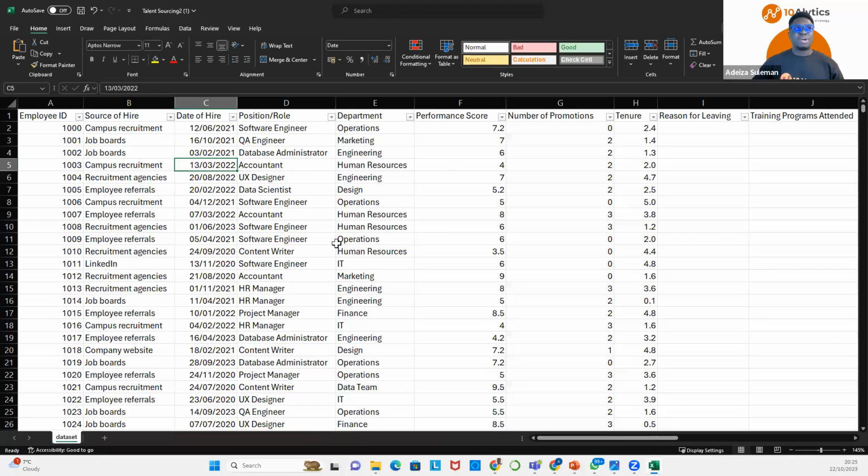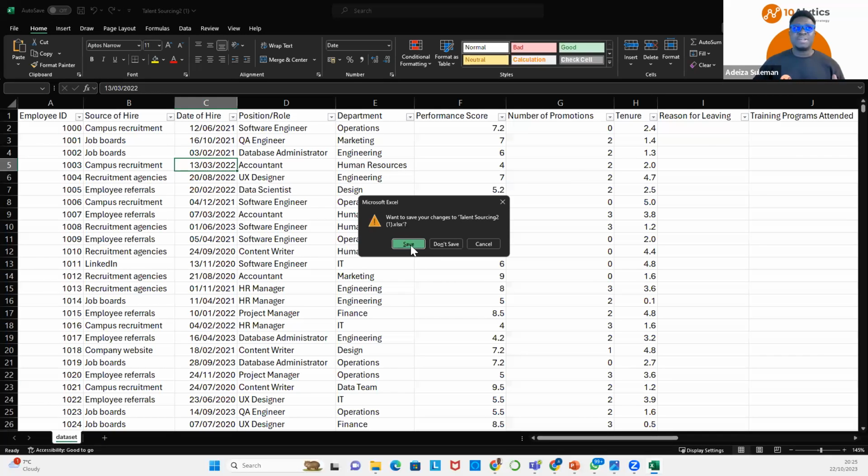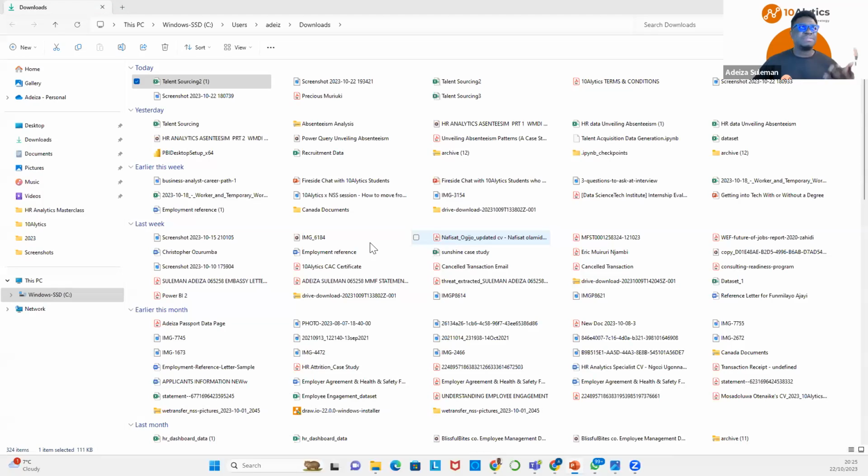All right, so what I'll do is I'll close this because I don't need to use it now. Okay, I'll close it up, I just opened it for you to see. Do you want to save? We can save or don't save. Okay, now